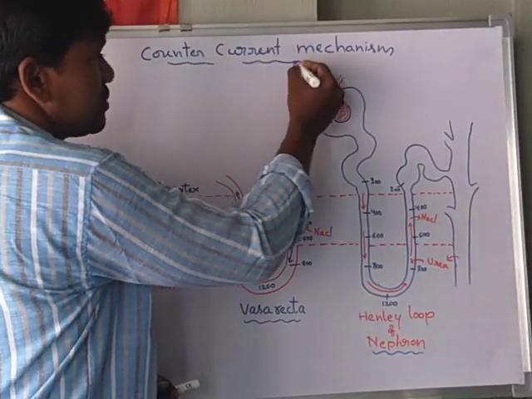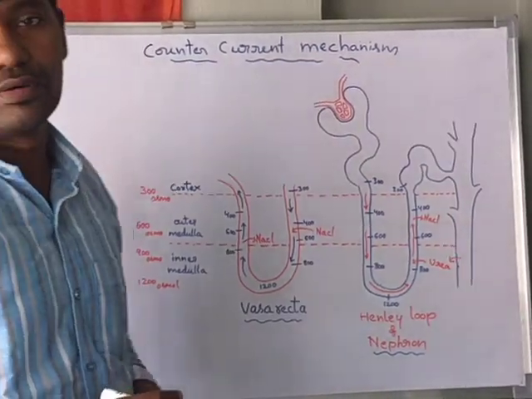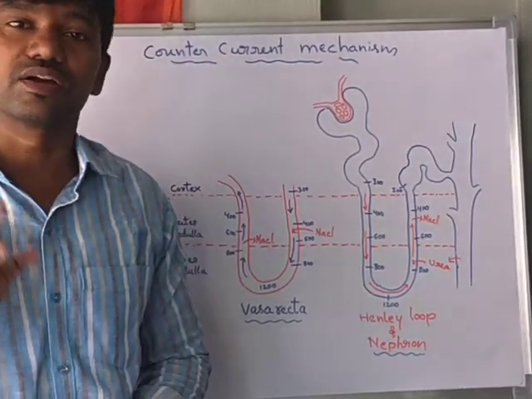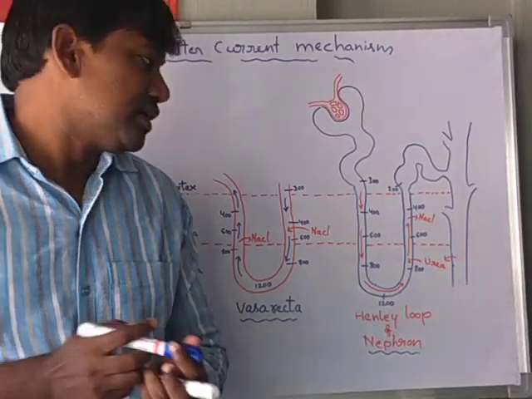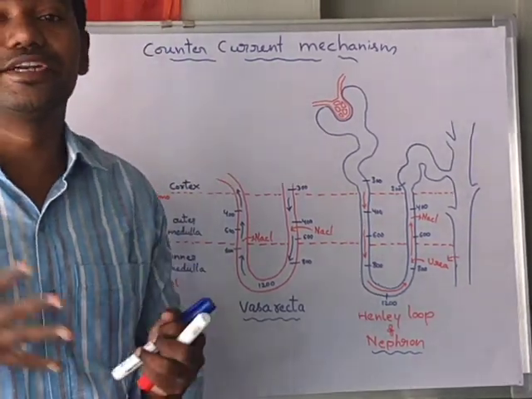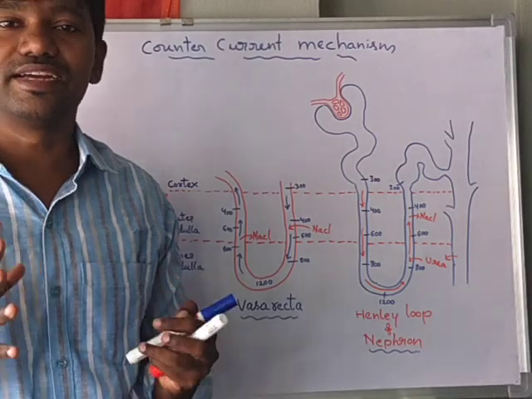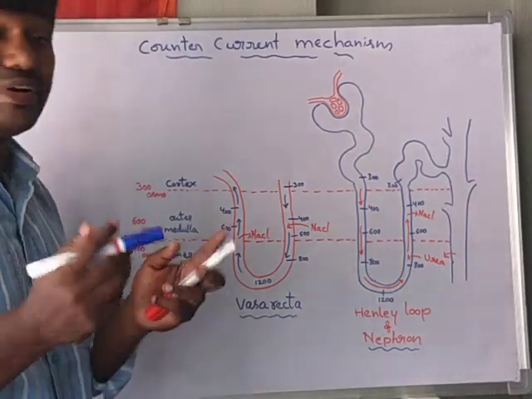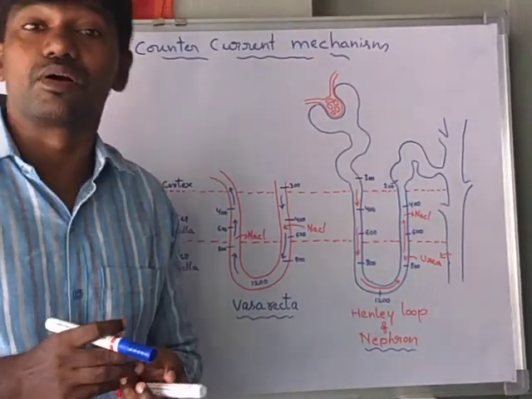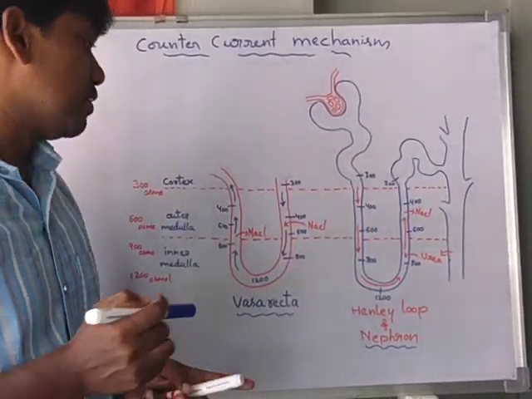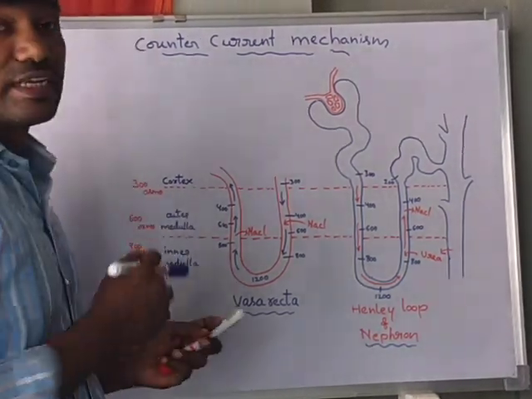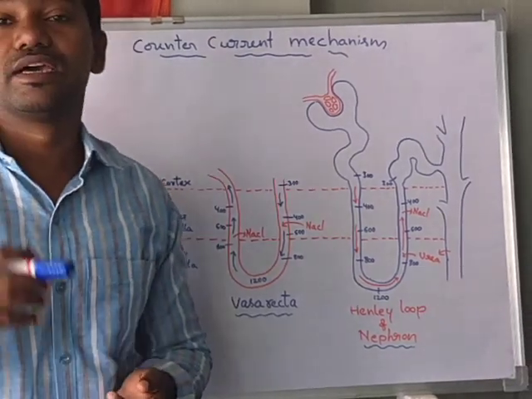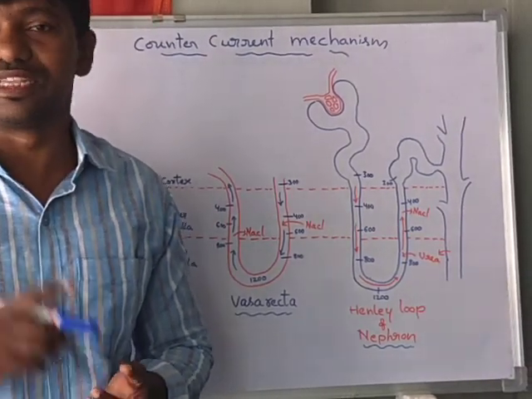The counter current mechanism generally helps in the concentration of the filtrate fluid, or urine concentration. Mammals have the ability to produce concentrated urine. So how will concentrated urine be formed? Let us explain. During concentrated urine formation, the Henle loop of the nephron